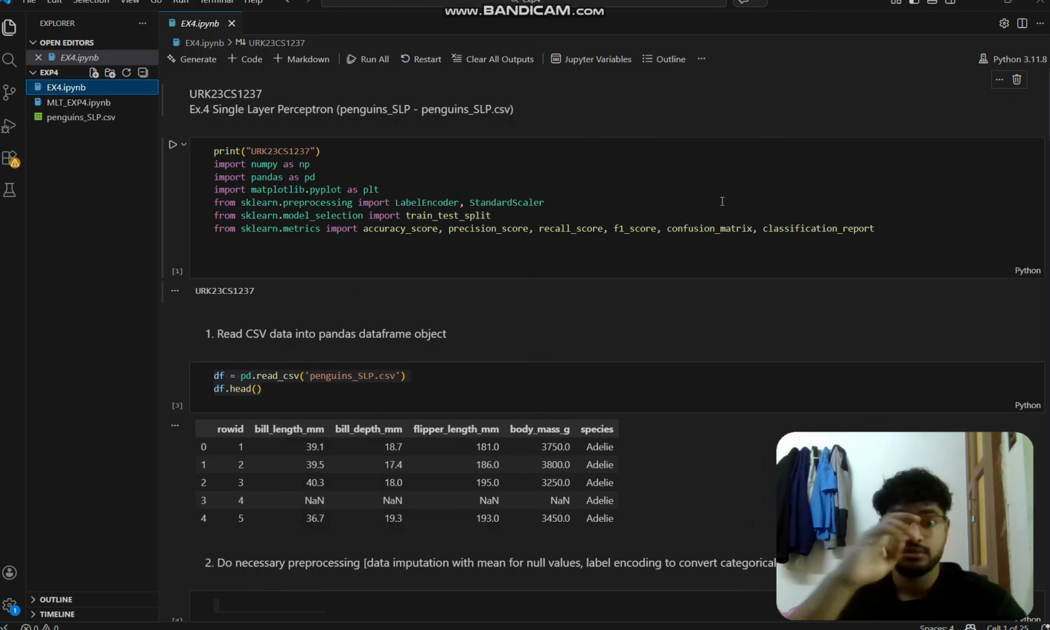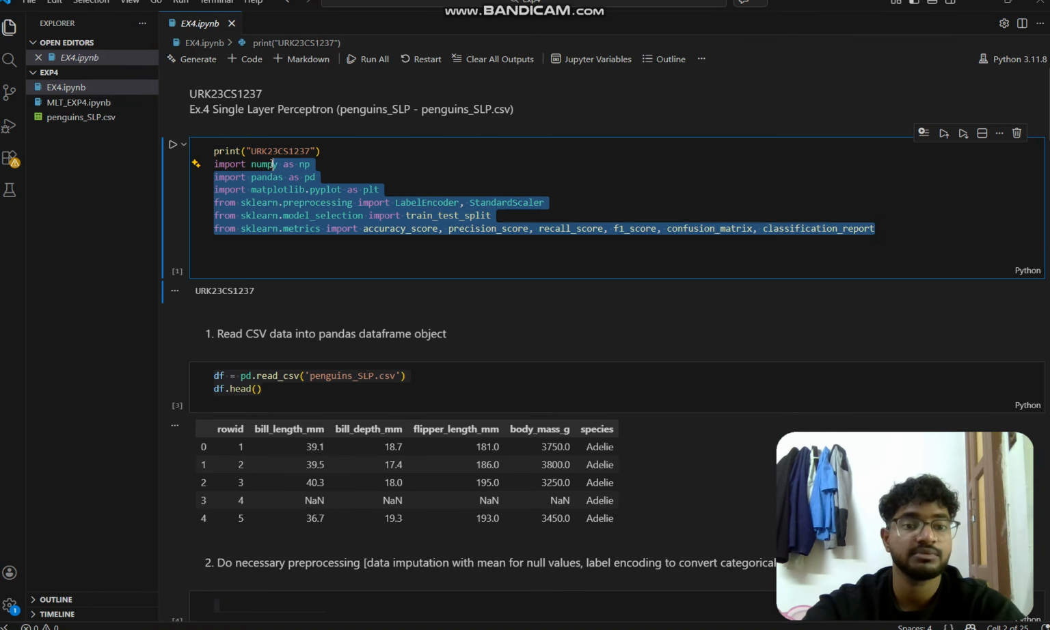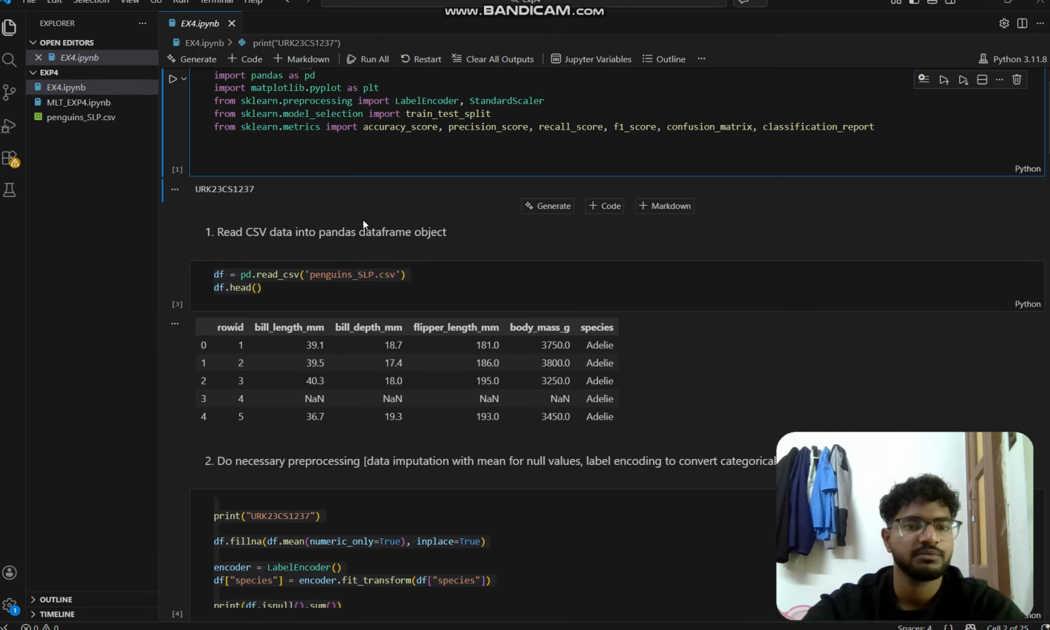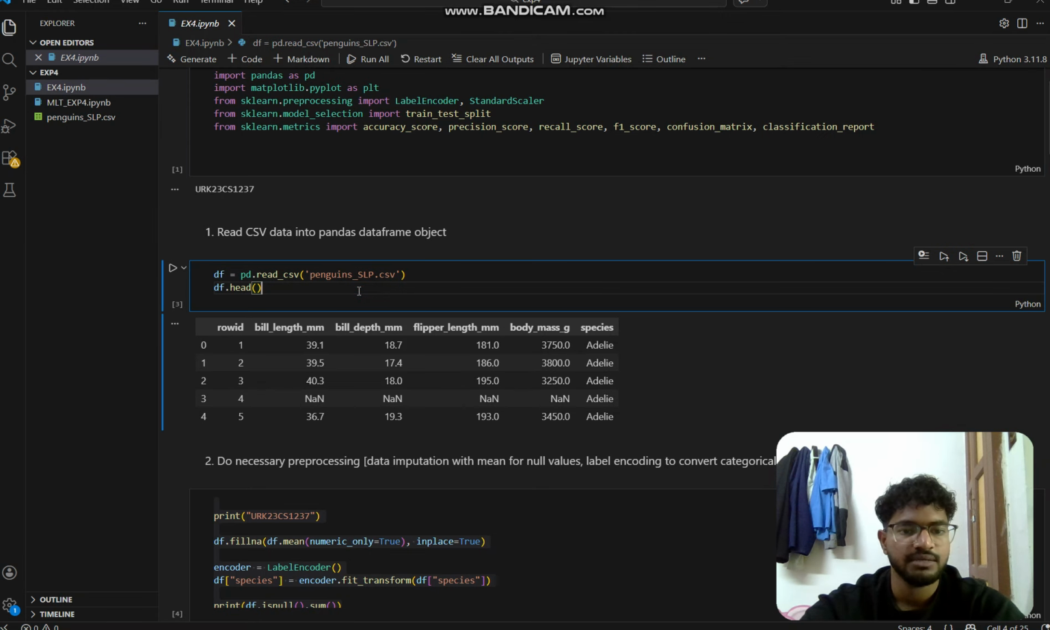Hi, so today we're gonna learn about single layer perceptron. It is the simplest neural network model that is used for binary classification basically and learns by adjusting weights based on errors. So first we're gonna import the necessary libraries for this model, and then we're gonna import the penguins